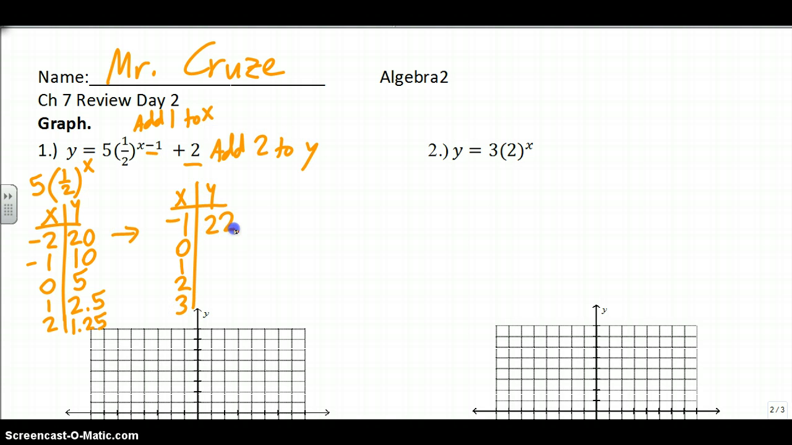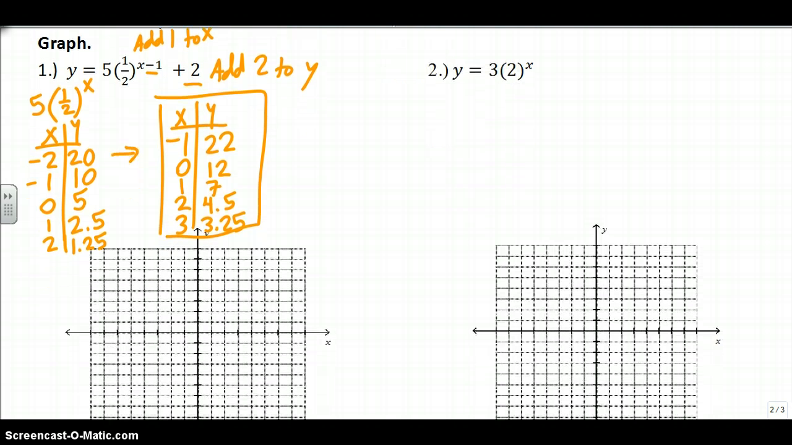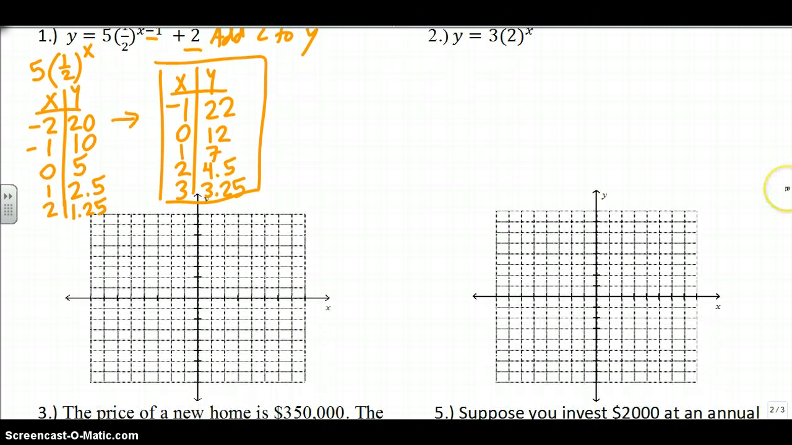Well, 20 plus 2 is 22. 10 plus 2 is 12, 5 plus 2 is 7, 4.5, and 3.25. There's the t-table we're going to be graphing. Remember, for the most part, I'm going to be looking at your t-tables, but I still want you to graph as best you can. -1, 22 is way up there. 0, 12 is even way up there. 1, 7 is probably the first one we're going to be able to get. 2, 4.5,